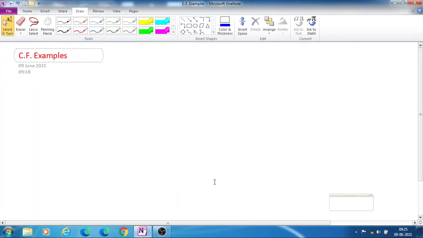Today we see some examples to find complementary function. So we write here example. First,